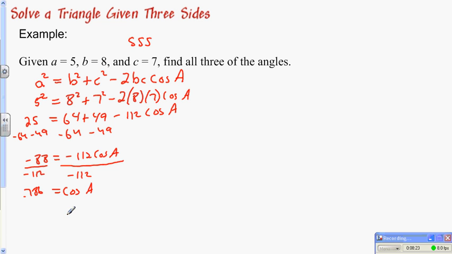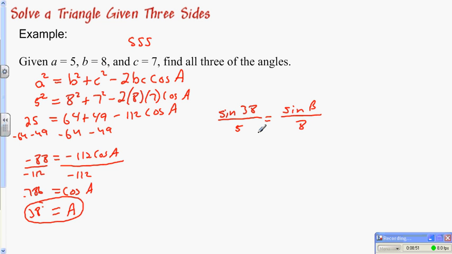I have to do cosine inverse. Make sure you're in degrees. You should get 38 degrees, angle A. Now you can use law of sines. Sine of 38 over side A equals, and it's up to you, I'll do sine of B over side B. Cross multiply,